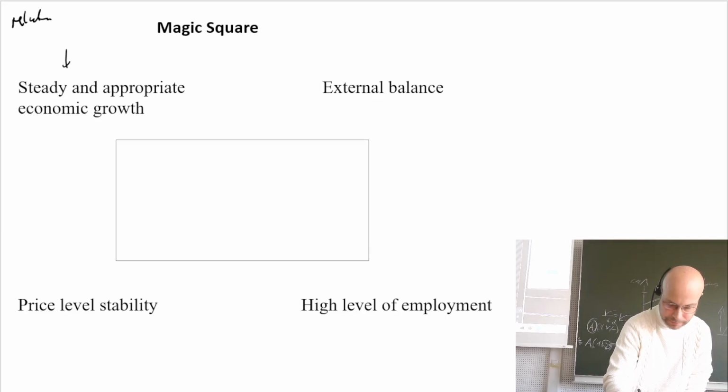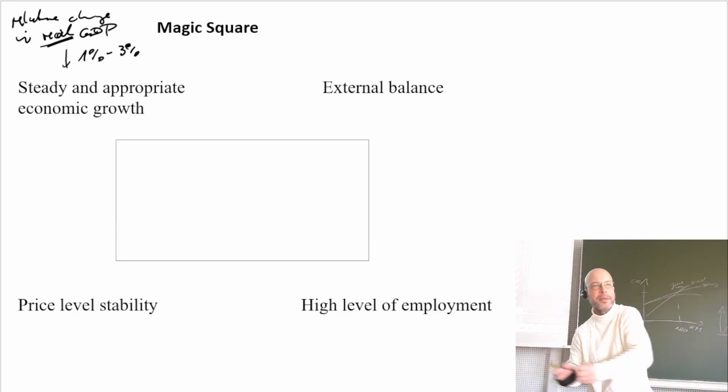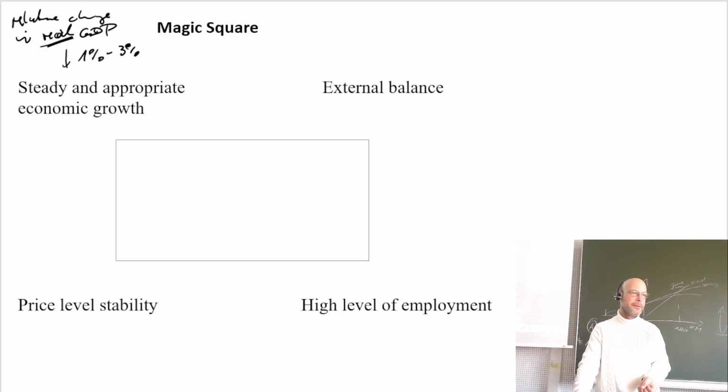Relative change in real, and this is important, GDP, roughly for a developed country 1 to 3%. If you go to developing countries, there you would say, well, 3% is not enough. Think even about China. They will have a GDP growth this year of approximately 4%, and this will be quite hard